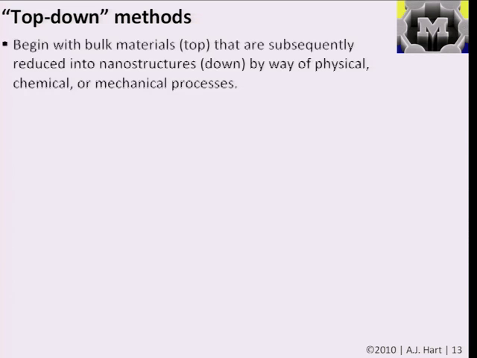Okay, so for the rest of the lecture, we're going to go through some top-down methods for pushing the feature sizes of the material removal process, and then we'll talk about some examples of the integration of top-down with bottom-up methods. And the formal definition, you could say, of a top-down fabrication method is one that begins with a bulk material and subsequently reduces this material into nanostructures, the top to down, by way of pretty much any process. It can be a physical process, a chemical process, a mechanical process, or if there's another category, that can be